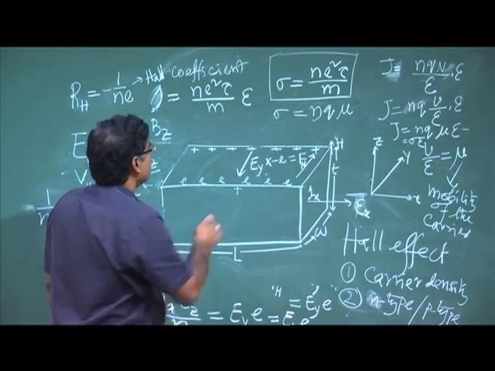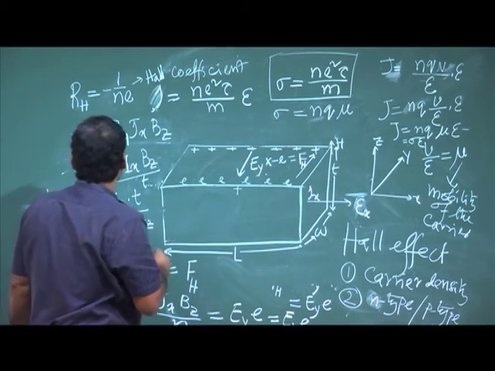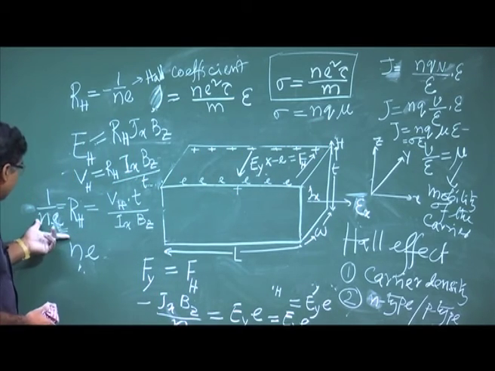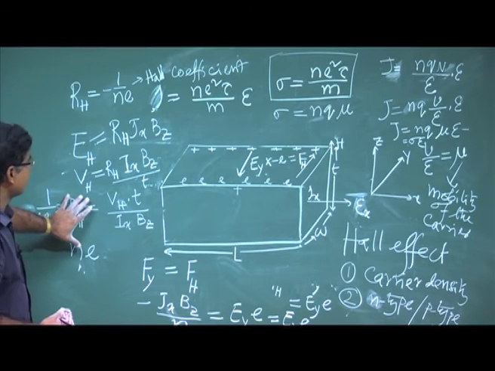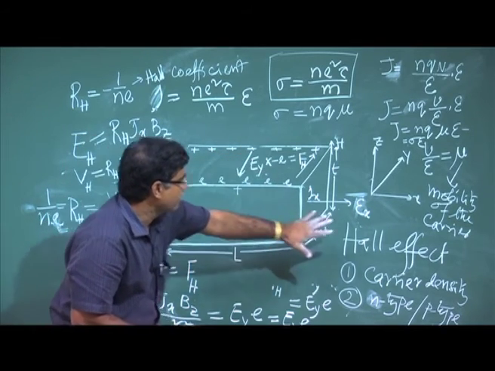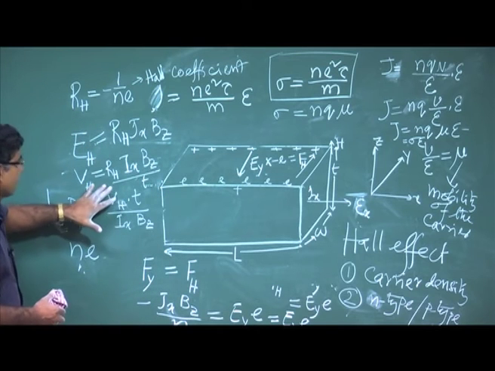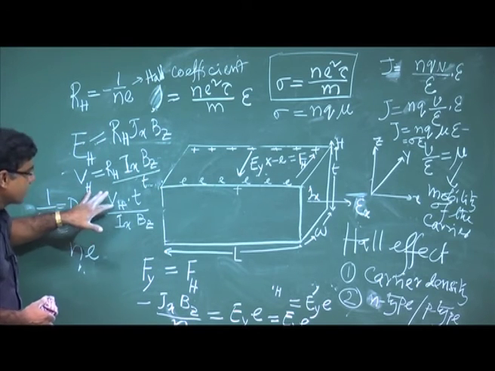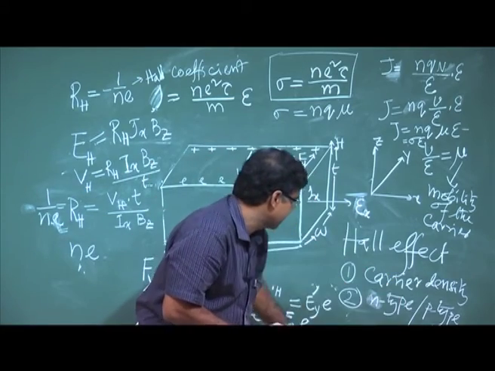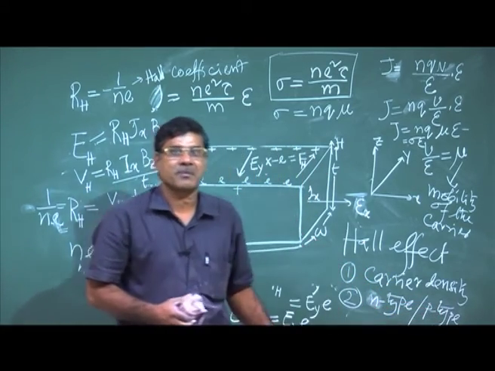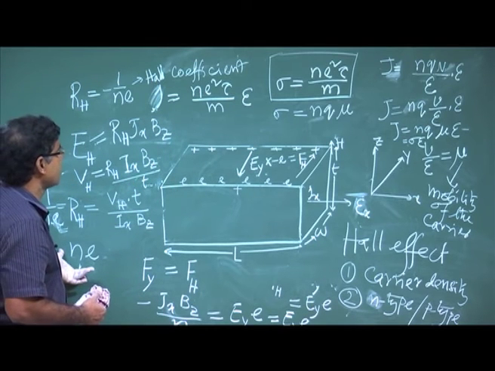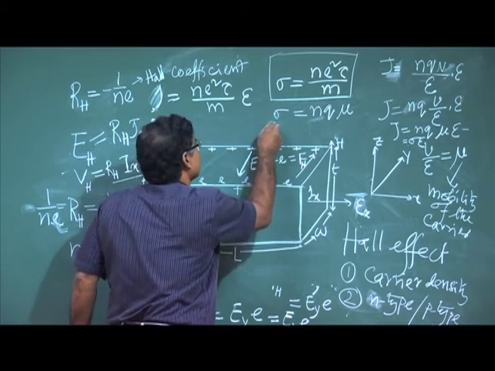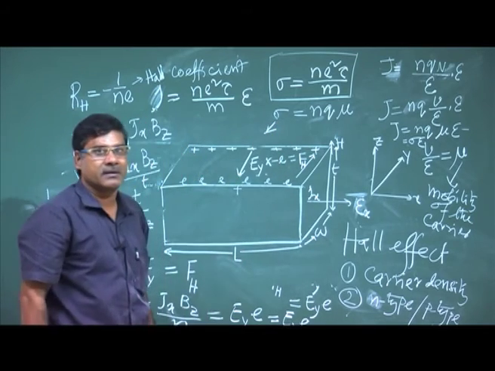So, to measure the mobility, from here I cannot get mobility. So, what do I need? Here I have measured the Hall voltage and I got the carrier density, and I got whether it is n type or p type, but I cannot get mobility. So, to get mobility I have to measure the conductivity.